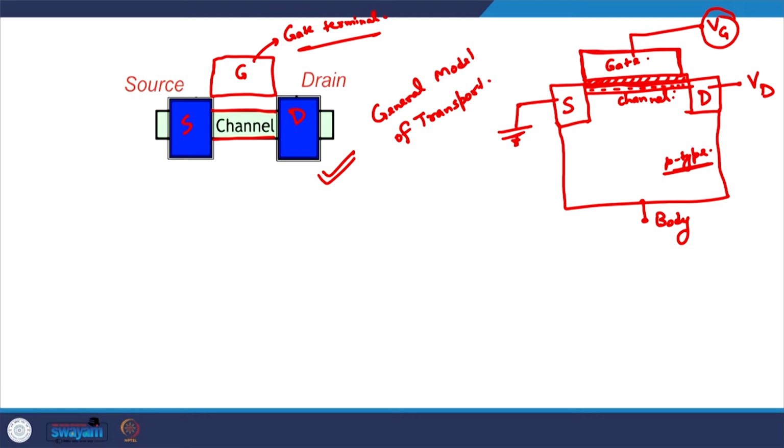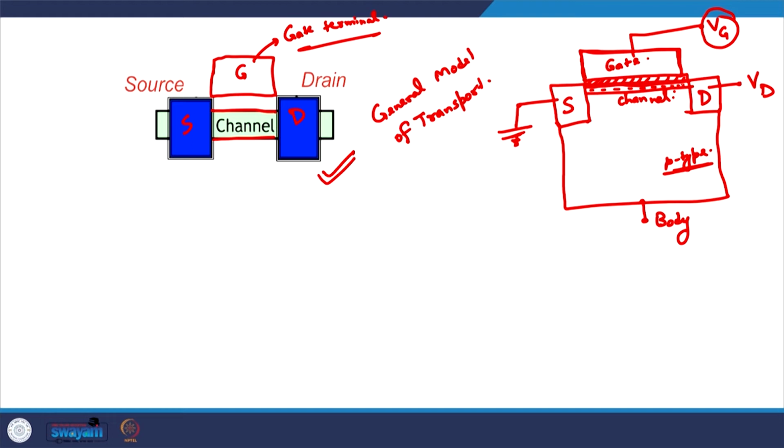And once this very thin layer of electrons is there, a current may start if we apply a voltage difference between the drain and the source terminal. So, this is the sort of 3 terminal device